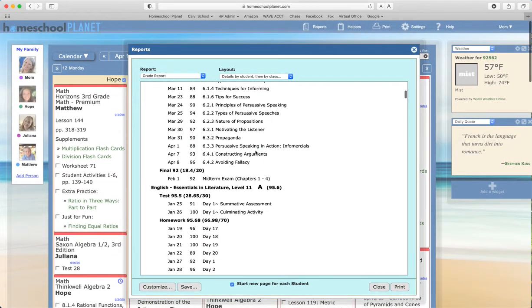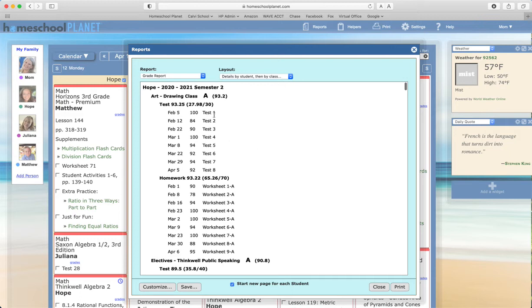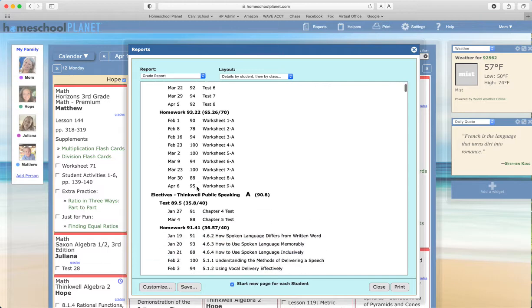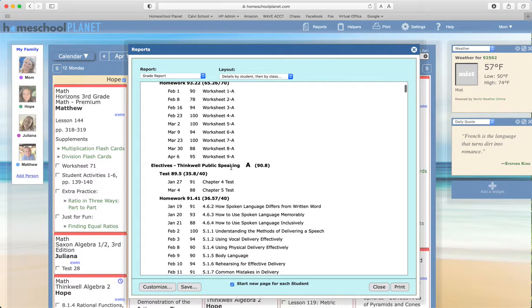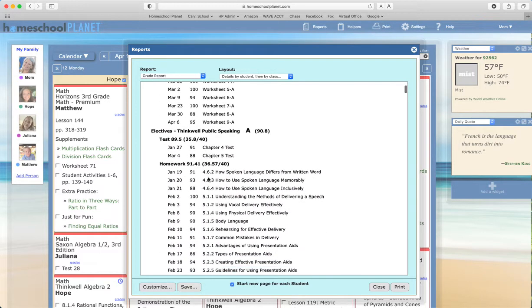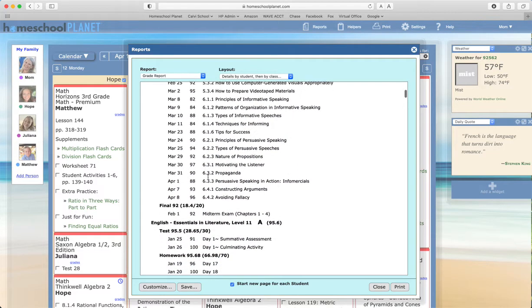Next is details by student, then by class. This gives you an actual breakdown of each grade entered for each assignment given to the student. These are also further broken down by category. So I have art, where I have tests, homework. I then have an elective called Think Well Public Speaking, where I have test grades and homework grades for each